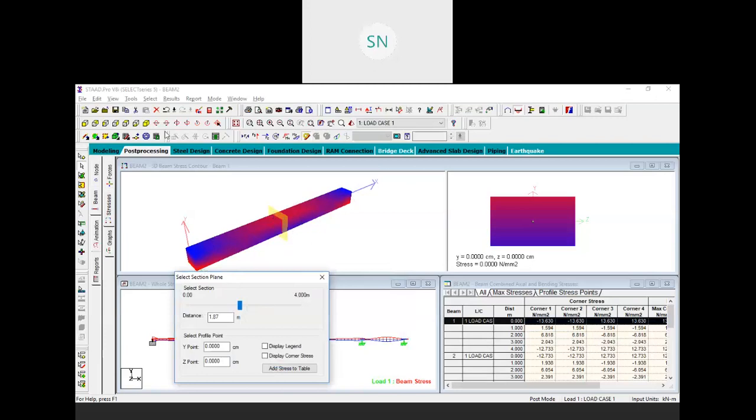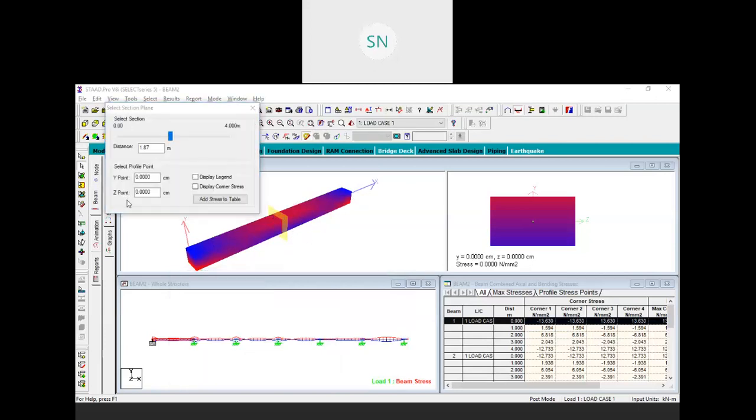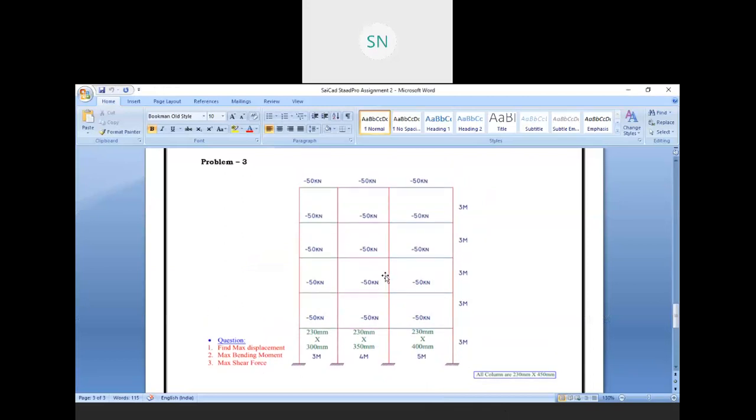Okay, so now at the end of this session, again you have to solve this third problem.